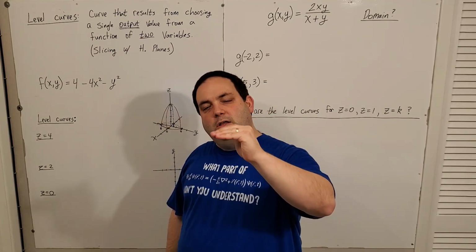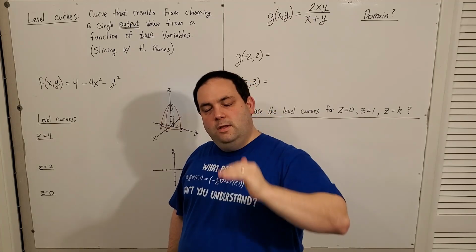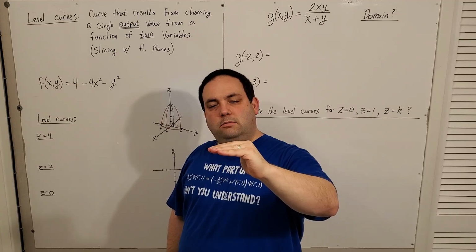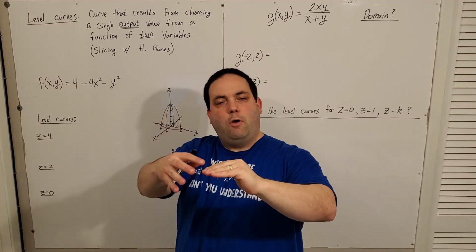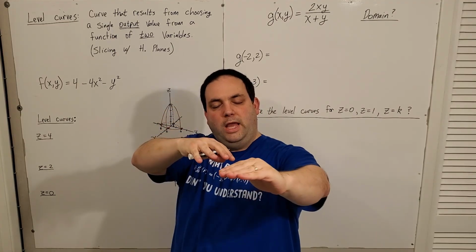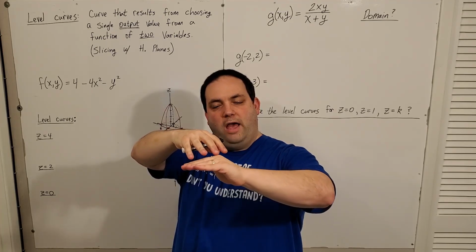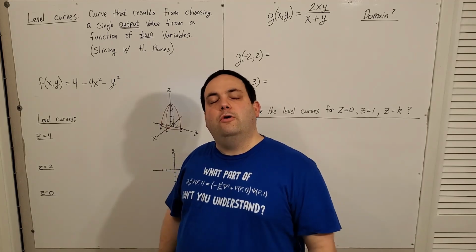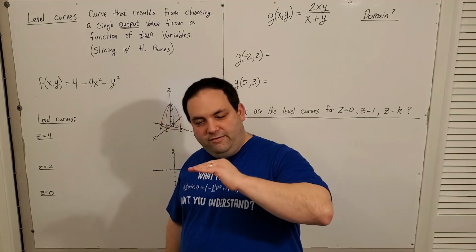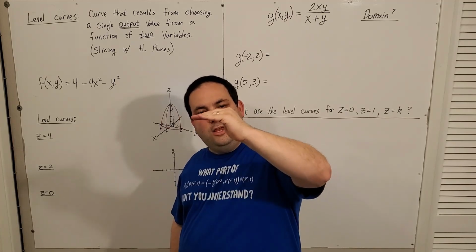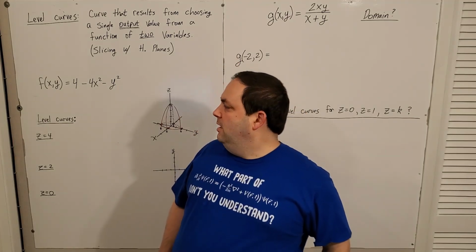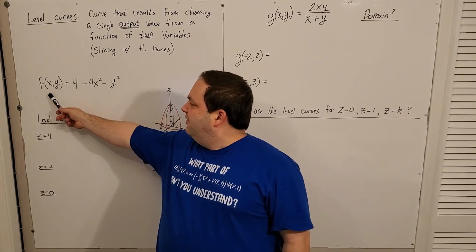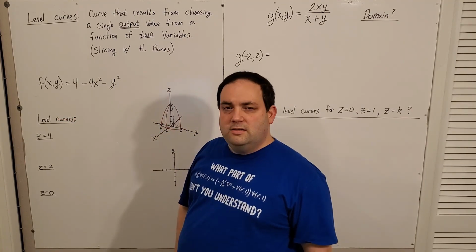If we pick values of z, then basically you're picking a horizontal plane, and you may have some graph where that plane intersects the graph and makes an intersection curve. And that curve is called a level curve because you have different levels of z that you could pick the horizontal plane for. So for example, if I have something like